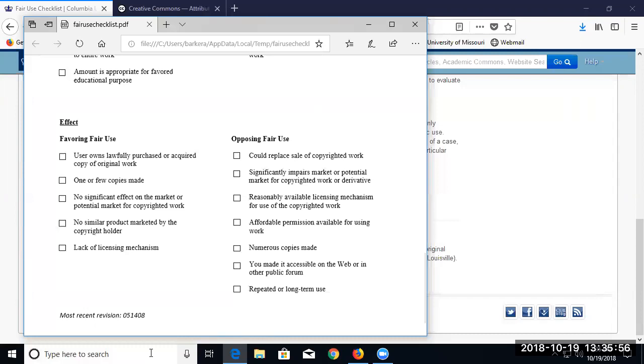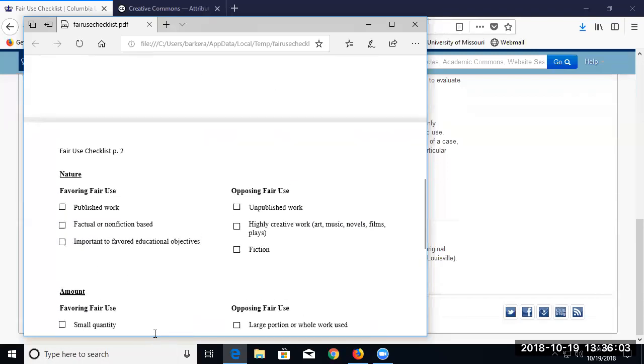We don't get into offering legal advice of saying, yeah, your use is fair or your use is not. We point you to this, and then it is a little bit of a risk assessment on your part. You say, I've gone through this, I think this is a fair use, I'm going to go ahead and do it. If you're a more risk-averse person and you don't feel comfortable, then the next step is to look into getting permissions, or you could talk to someone who's got more legal credentials and get their take on this.